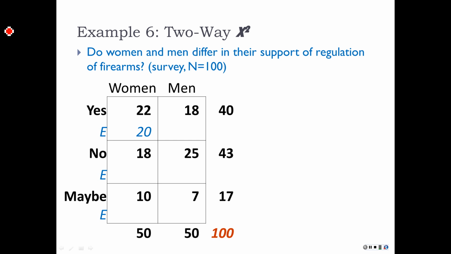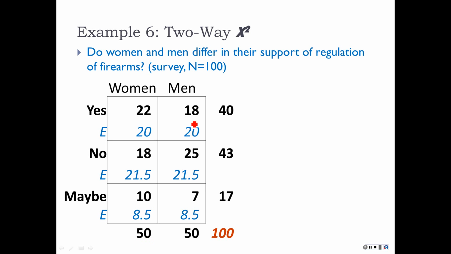Here we go. 40 times 50, that's going to be 2,000, divided by 100. That's 20. So we're figuring out our expected values here, and these are going to be the same because there's